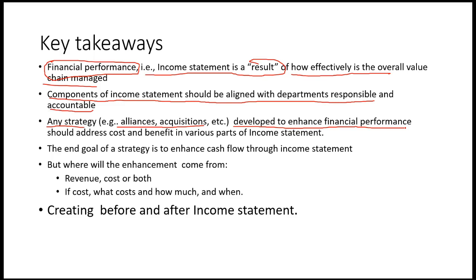Because eventually what you want to do for every strategy, you have to look at all the elements of the income statement and decide which ones will change and why and how much. Some may not change. For example, you're not going to go change the tax rate or interest expense. Some of the elements may not change, but some will change. So what you have to do is to identify which ones will change and why, and also be able to forecast over at least the next 5 years what they would look like.